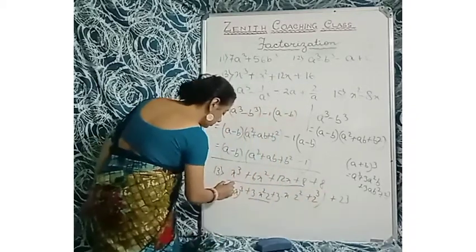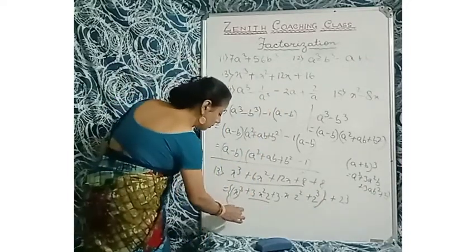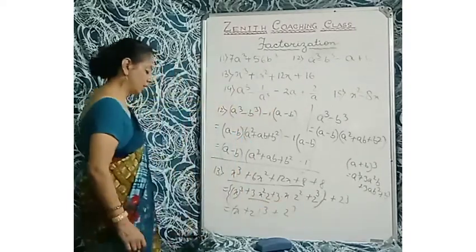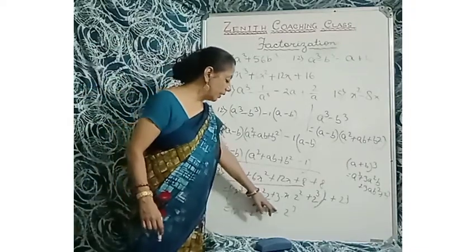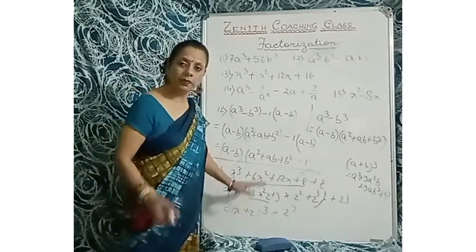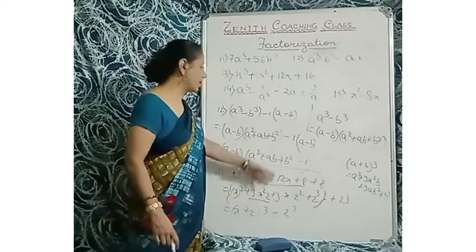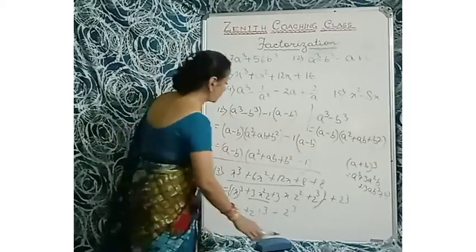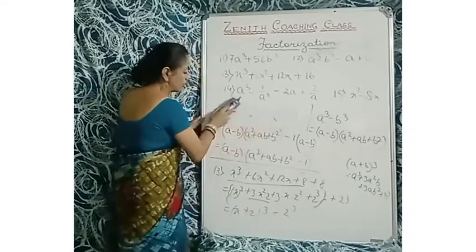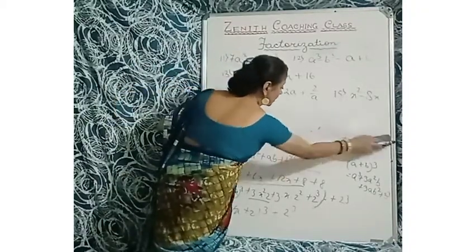So put a bracket here. Okay, so here it is x plus 2 whole cube, sorry, plus 2 cube. See, this is x plus 2 whole cube and this is 2 cube, which means a cube plus b cube. This is not finished, the picture is still left. So now you will again take the a cube plus b cube formula. So what will you write? You will write a cube plus b cube is a plus b multiplied by a square minus ab plus b square.